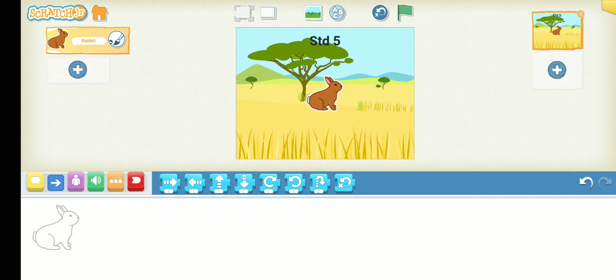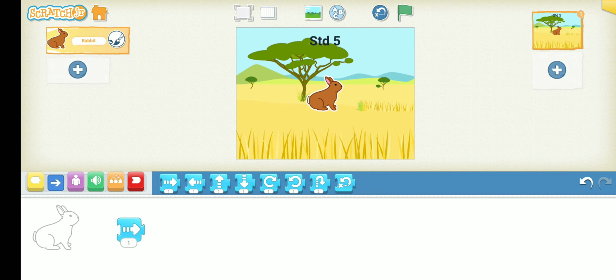After this, let us come to the block one, programming blocks. Down at the bottom side you can see the blue color blocks, that is your programmable blocks. So first is going forward. For doing programming, you have to drag your blocks onto the programming area, which is the bottom line. So I am dragging the arrow block down here. See, you can see on my programming area I have dragged this block.